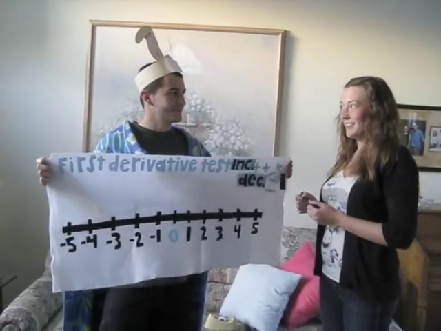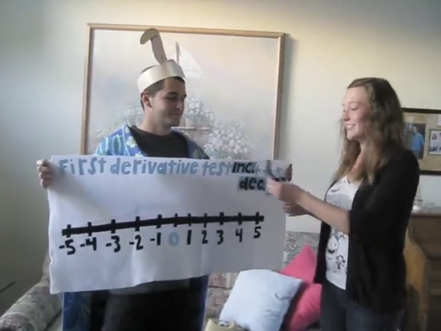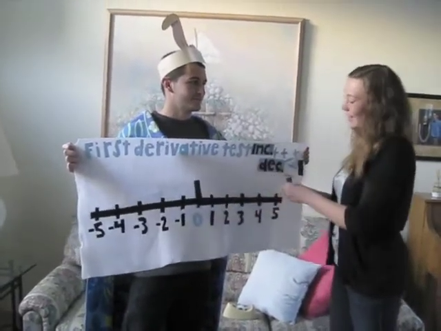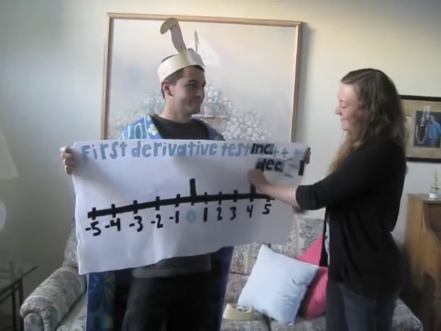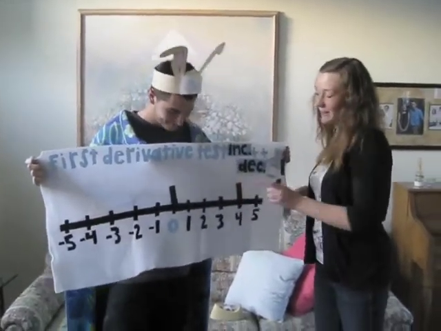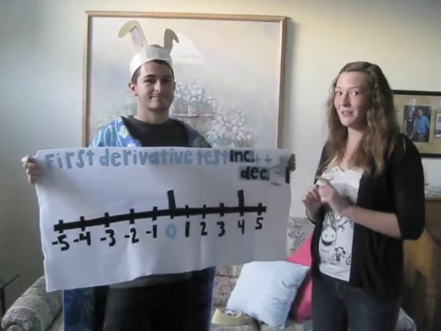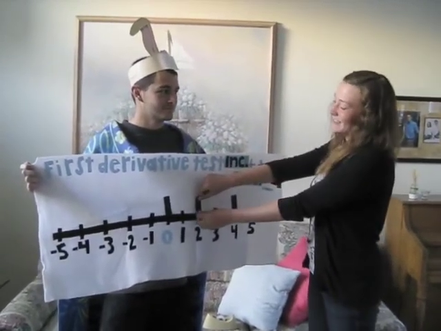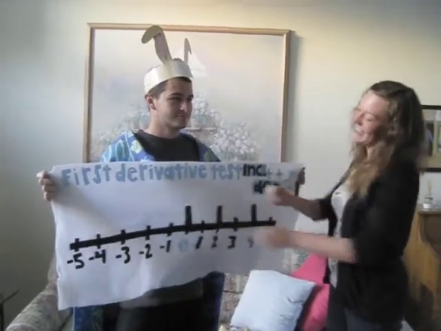I understand everything. First, we put these black dots where our critical numbers are, at 0 and 4. Yup. And we can't forget that the denominator can't equal 0, so we have to put one at 2. And